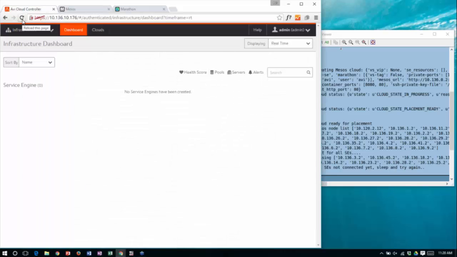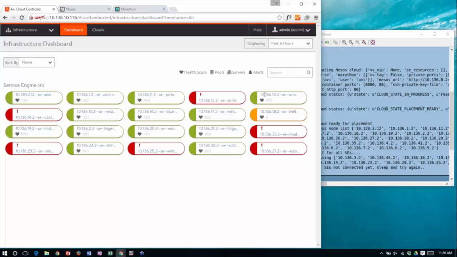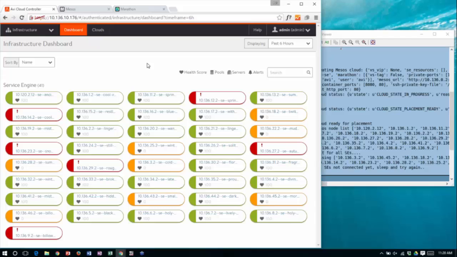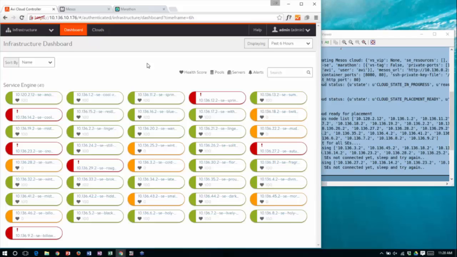If I go back to our system and refresh the screen, what you'll see over the next minute or 2 is that the controller has discovered all the Mesos nodes, and it is bringing up a very highly performant but small micro footprint proxy on each one of the nodes, which is what I showed you in the picture earlier.